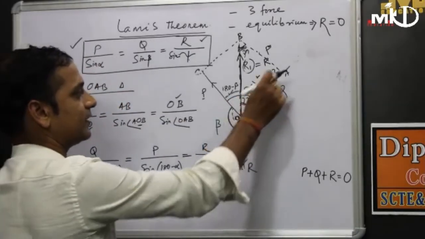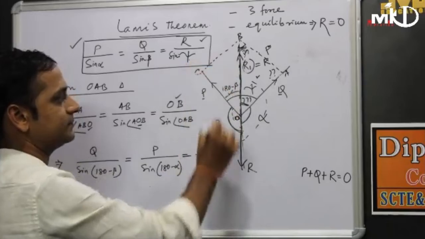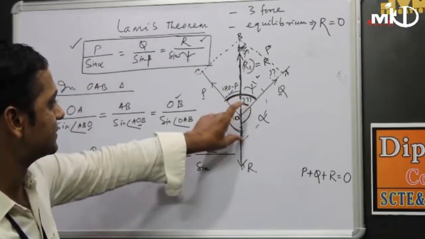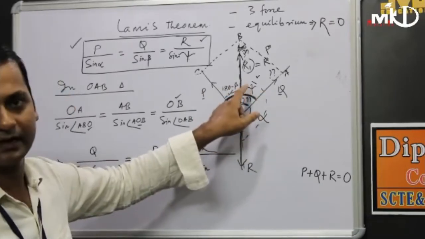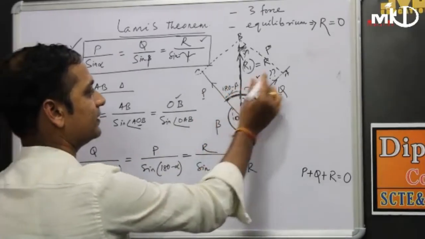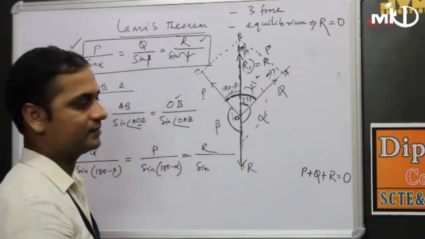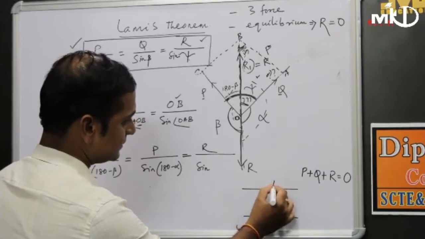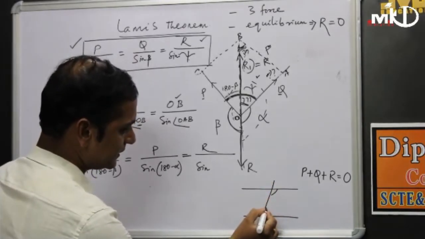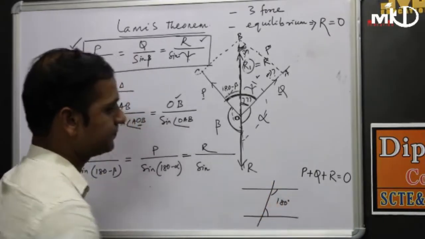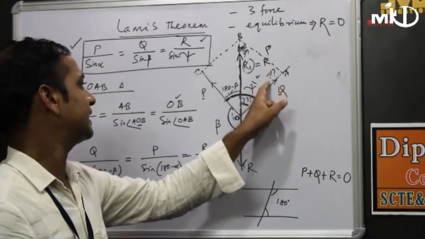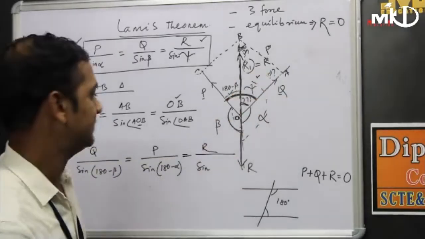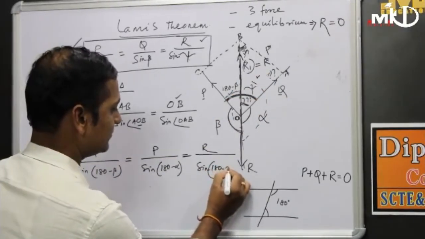Now as this is your parallelogram OABC, and this angle is given as gamma in the question. क्वेश्चन में हमारा डेरिवेशन स्टार्टिंग में वो एंगल क्या था? P और Q के बीच में जो एंगल गामा है. So if this angle is gamma, then this angle is equal to 180 minus gamma. That we know from high school concepts. Suppose these are two parallel lines and this is our intersecting axis. Then the summation of these interior angles must be equal to 180. So this angle and this angle must be equal to 180. As this angle is gamma, this angle is equal to 180 minus gamma. So we can write sine 180 minus gamma.